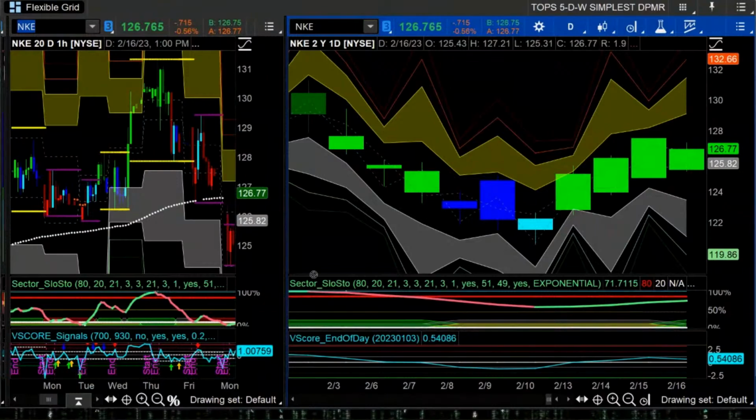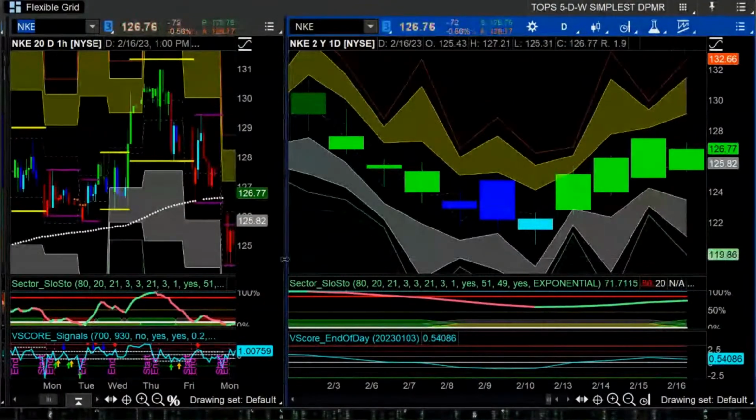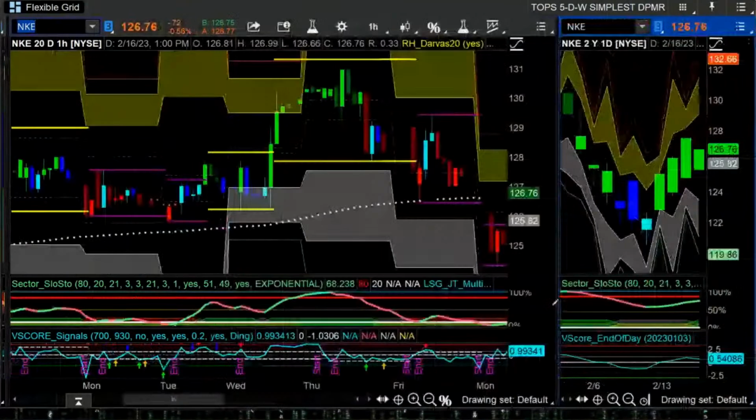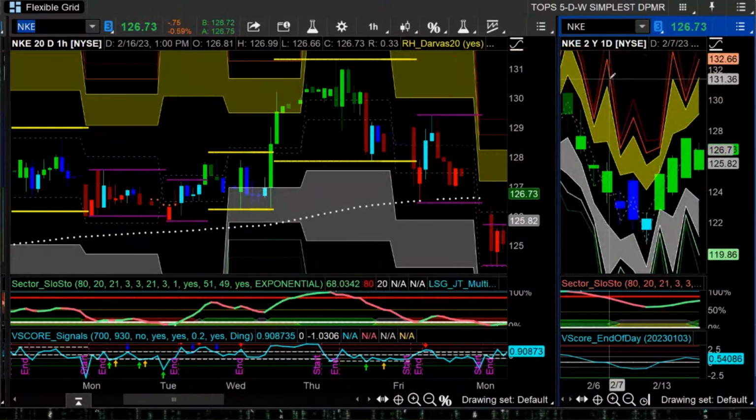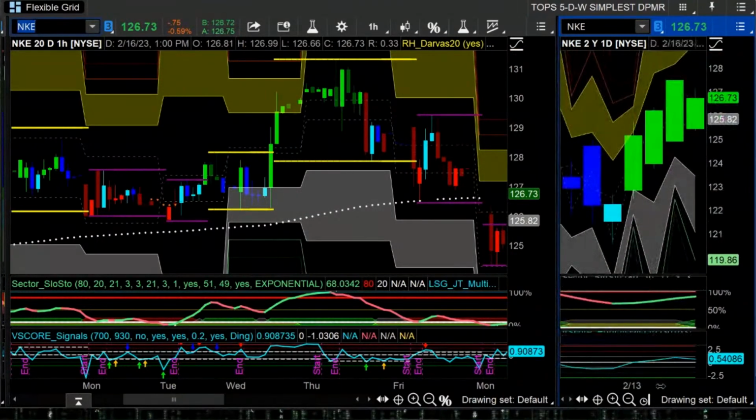So this is Nike. You might say, okay, Rod, does it look the same on the 1 hour? This is what's really cool. The 1 hour time frame has the same zones as the daily. So what we're doing is we're taking the daily volatility zones and we can put them on an intraday chart. So for those who like to say, Rod, I know the daily time frame has a lot of psychological relevance, things that happen on the daily usually are a little bit more impactful